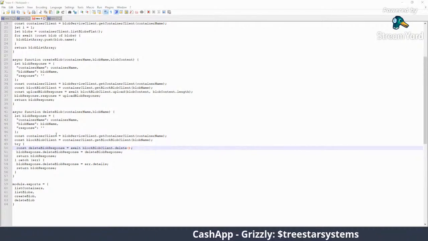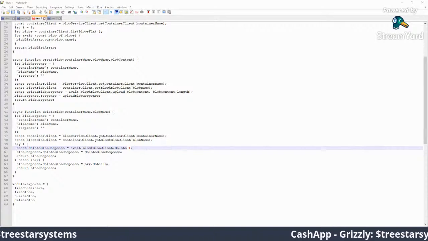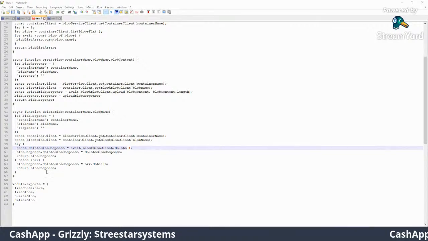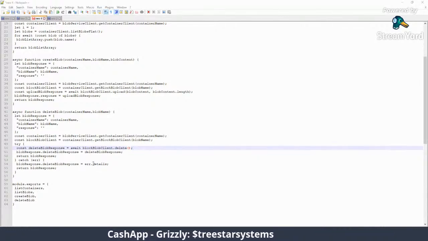But I think it's just better so I can show you guys the screen and everything that's going on. All right, so with this, I wrap it in a try catch block. If there are any errors, for instance, if I put in a name of something that does not exist, I already tested this out. It gives out an error, but then a part of that error is a JSON object